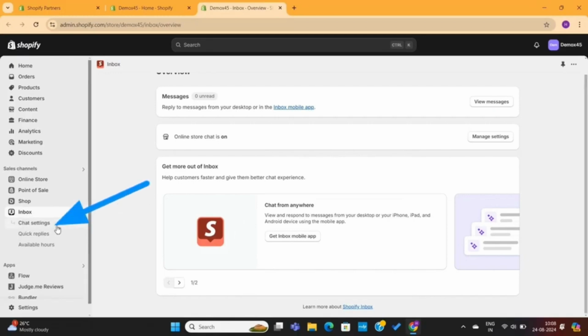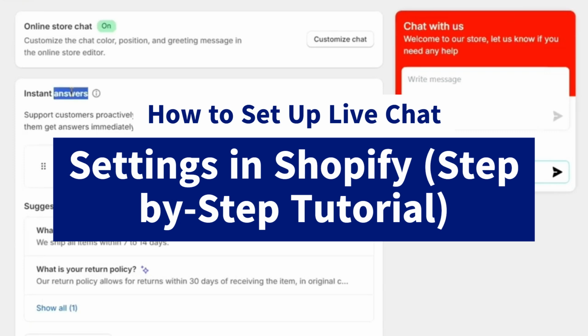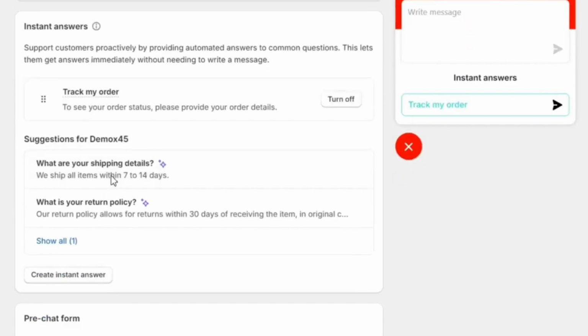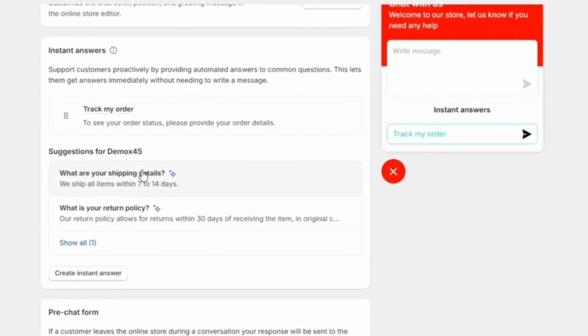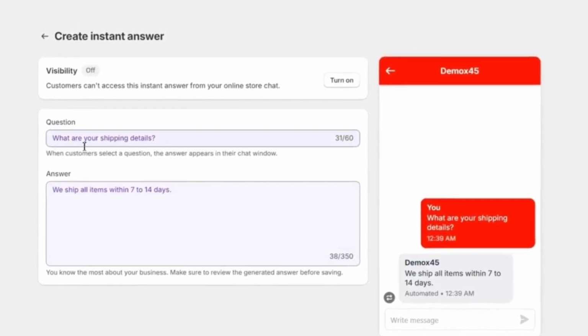Next, on the left-hand side, you'll see these chat settings. Here's where you can create some instant answers to your customers' most common questions. It's basically the same as adding an FAQ section. The only difference is that it is available in the chat box. Here, you can see some suggestions from Shopify. When you click on it, you'll see that Shopify has used their magic AI to create these instant questions and